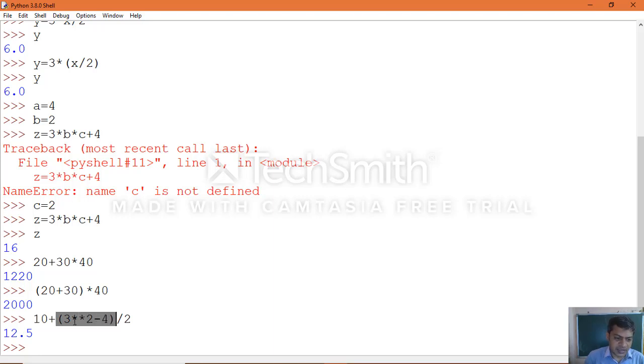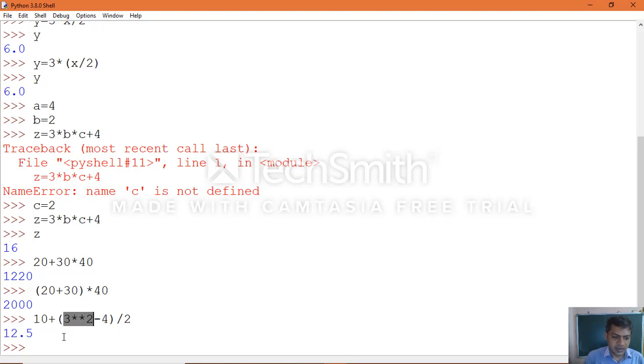So within the parenthesis again there are two operators, one is exponent and another one is subtraction. So first, the exponent will be executed. 3 to the power of 2, 3 square, 3 into 3, is 9, then 9 minus 4. First it will evaluate this, then in the next step, 9 minus 4 will be evaluated.